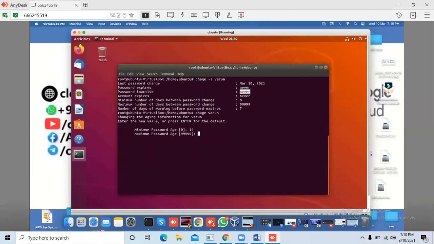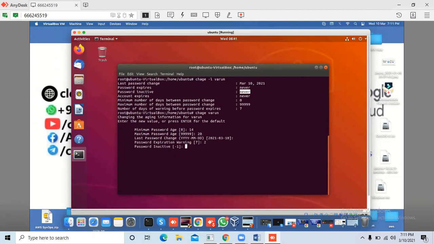And the maximum age of the password, I set 20 days. Hit enter. The last password change, I give the default date. Hit enter. Password expiry warning, I set 2 days.